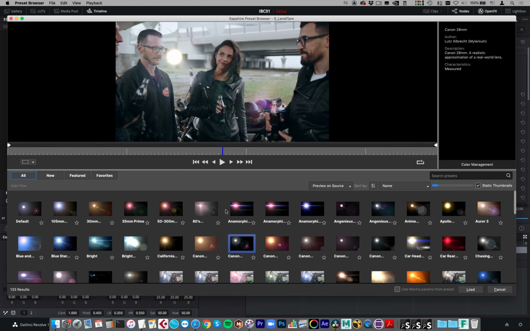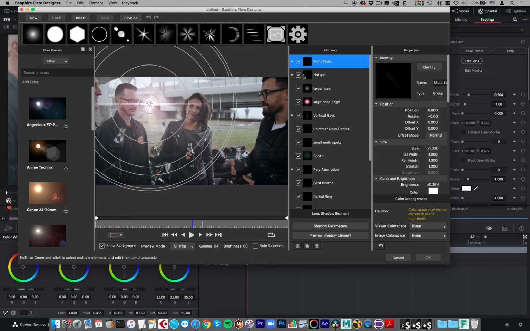But if we want to get really deep into editing our lens effect, we have a dedicated tool called Edit Lens. So this is the flare designer. So within this floating window, we have control over each individual element of the flare and its orientation in 3D space,